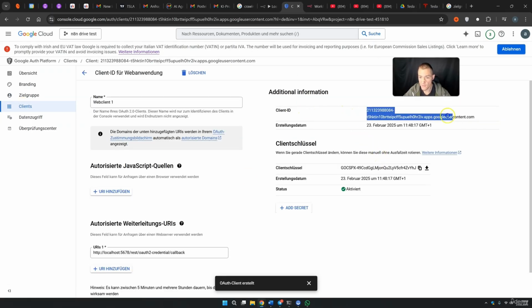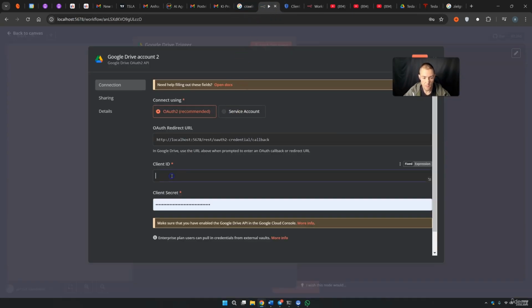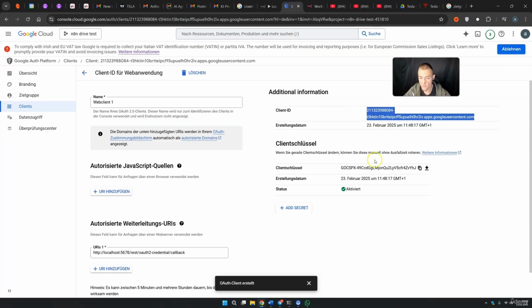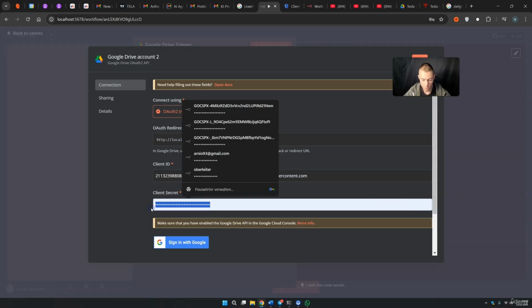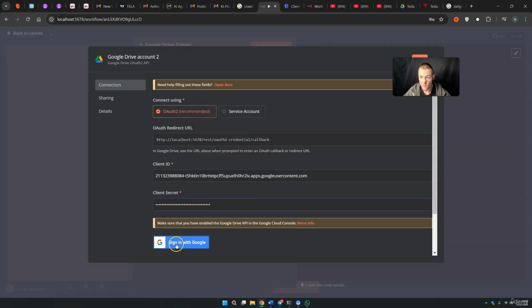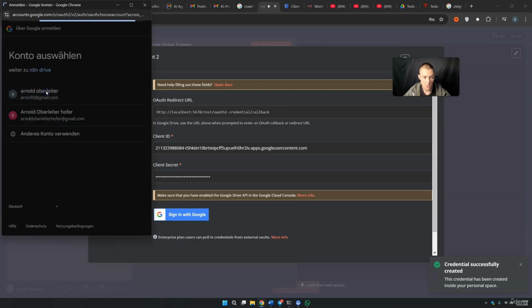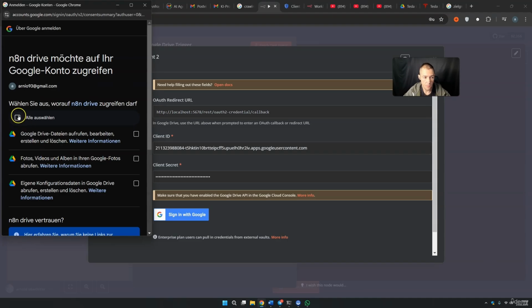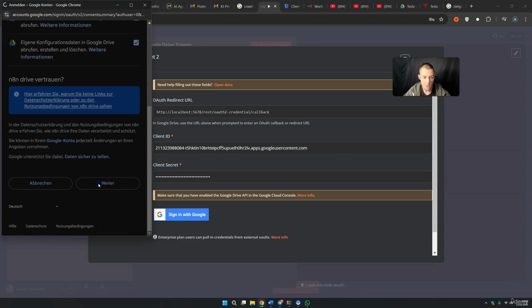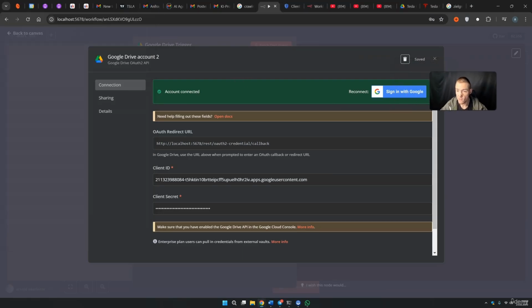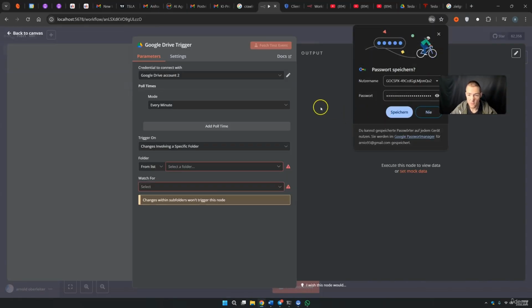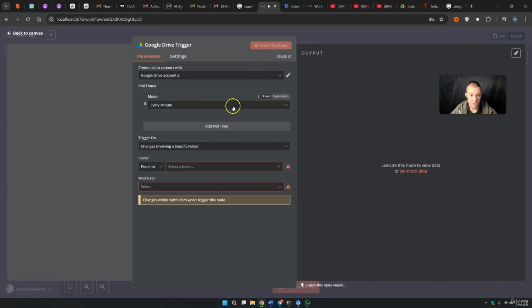The client ID, of course, we copy this. We come back into n8n, throw in the client ID. Then the client secret key, we copy this, come back into n8n, throw it down here, and now we sign in with Google. We use our profile, we go on, we accept everything, and go on. Now this thing will be green, hopefully once again. We can close this down, we can also close this down, and now you see that this thing is connected,